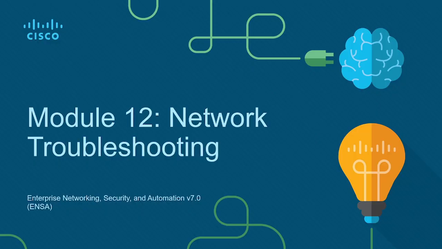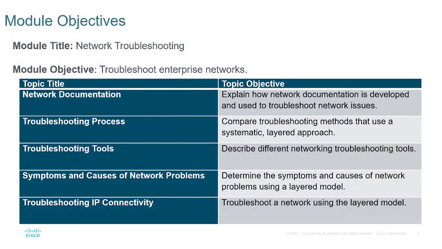Module 12, network troubleshooting. The module objective would be troubleshooting enterprise networks. We will talk about these subtopics: network documentation, troubleshooting process, troubleshooting tools, symptoms and causes of a network problem, troubleshooting